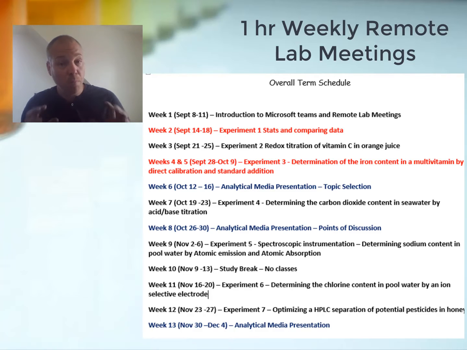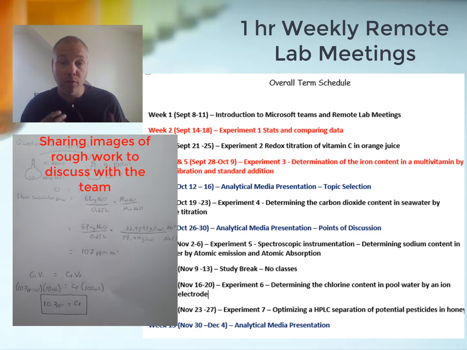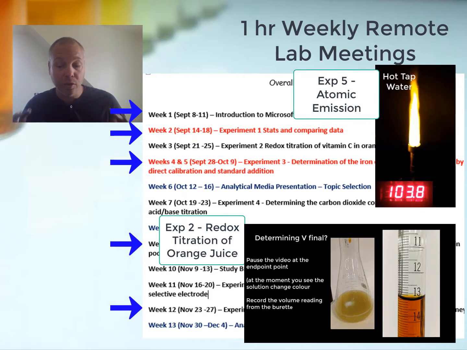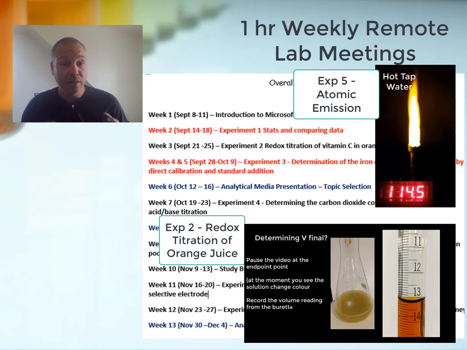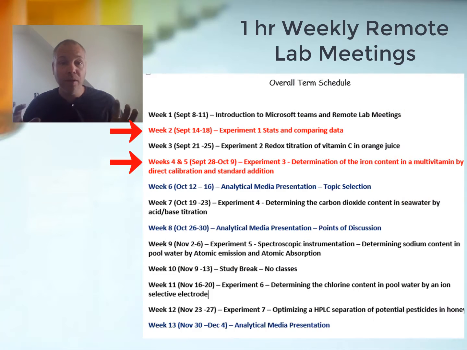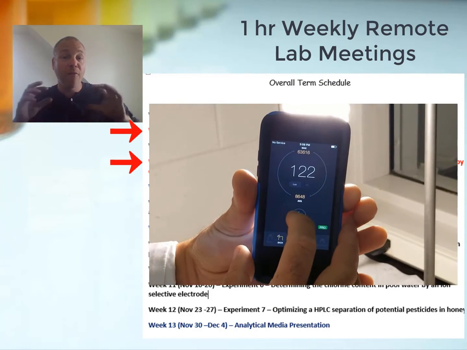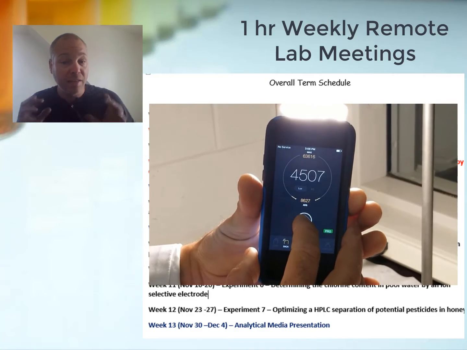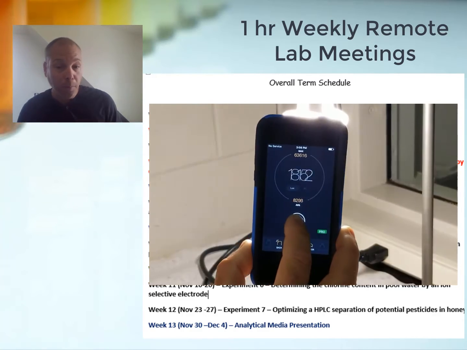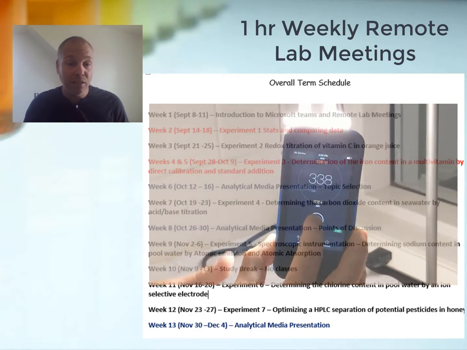In these small remote lab meetings, as I called them, the students would share and discuss their work for pre-lab questions with each other. Also, I'd like to point out 6 of the weeks during the term, students collected data and did experiments at home without any kits being sent out. And today, I'd like to focus on 3 of these weeks in which students used a free cell phone app that they downloaded onto their cell phones to be able to better understand absorption measurements and relate these absorption measurements